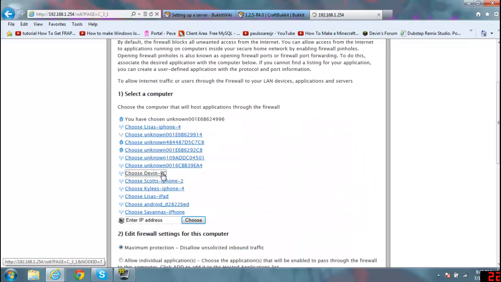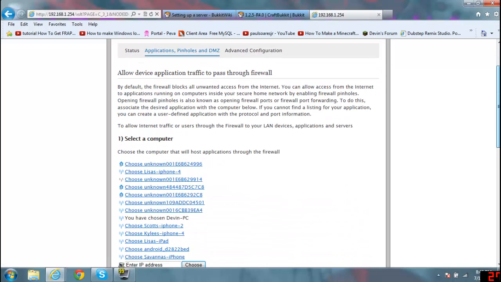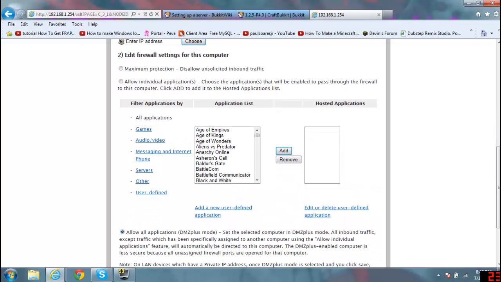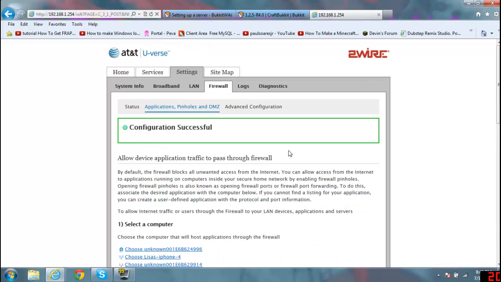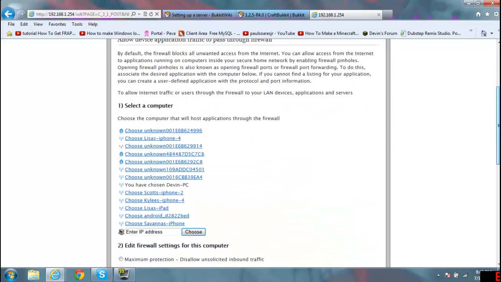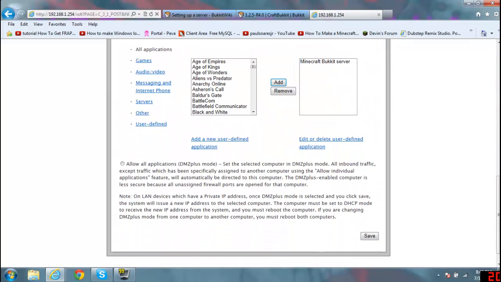Then you're going to choose your PC again. Then you're going to scroll down, and you're going to do allow individual application. Now you're going to want to just find your server, Minecraft Bukkit server. Now you're going to want to press add. It's loading. Now it has added. Now you're going to want to press save,